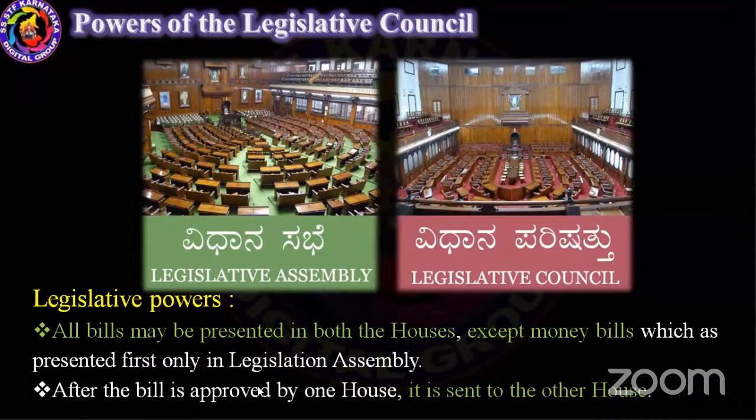After the bill is approved by one house, it is sent to the other house. After the discussion on that bill, they can send it to the other house, because that bill needs approval from both houses. At first, they may discuss it in the Vidhan Parishad or in the Vidhan Sabha, and later, after discussion on the issues, they will send the bill to the other house for discussion. But a money bill should at first be presented only in the legislative assembly, and then they can send it